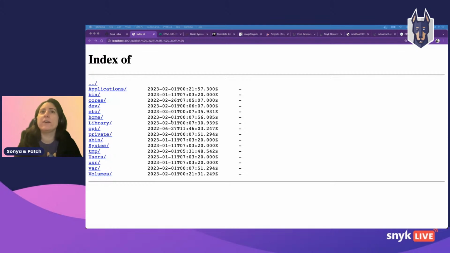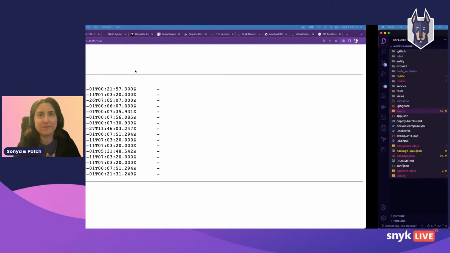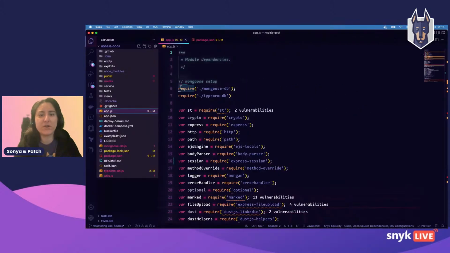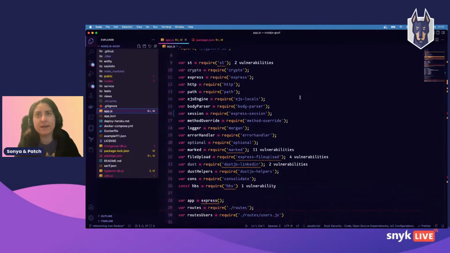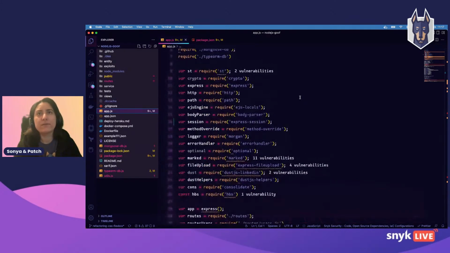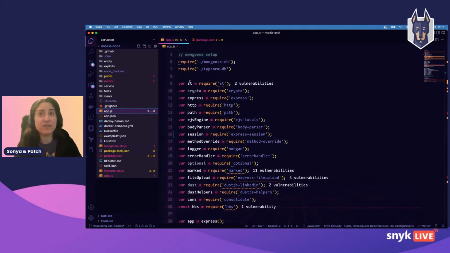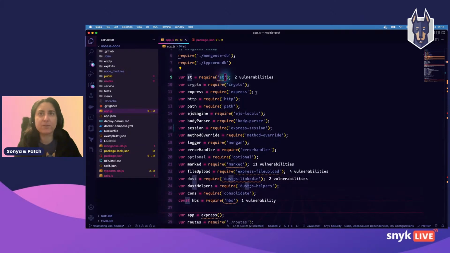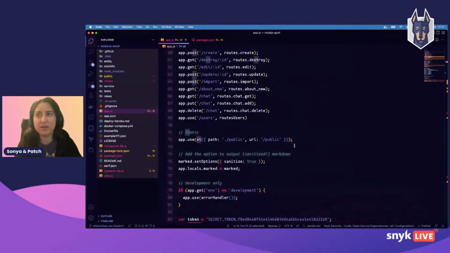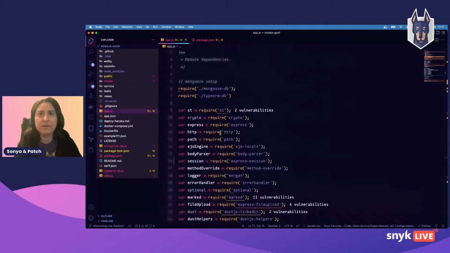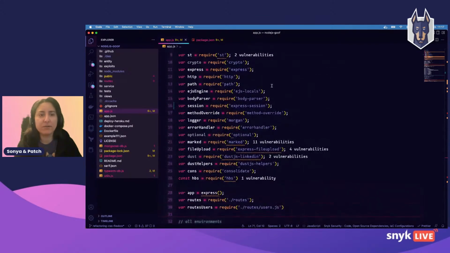So what is going on here? Because we started with a to-do application, and now I have access to credentials and the Etc folder. So let's have a look at the code. So going to my IDE, I'm using Visual Studio Code here. I know that for serving static files, I'm using the st package. So that's the one that I'm using here. I'm requiring it here, and I'm instantiating it here. Cool. So I want to know if this package is actually secure because I can perform this path traversal vulnerability. So let's have a look.